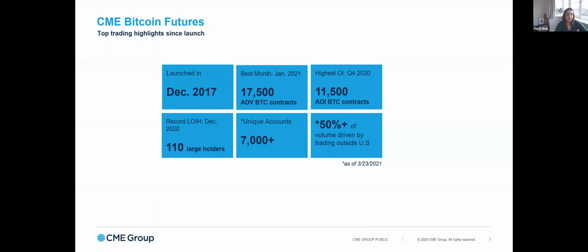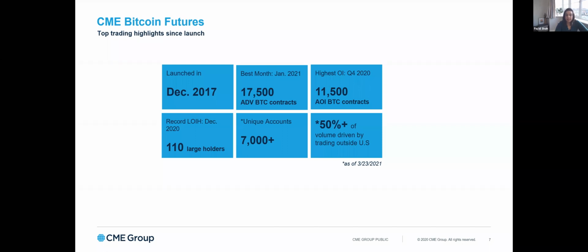So large open interest holders peaked at 110 such holders in December. And to put that into context, 25 Bitcoin futures is equivalent to 125 Bitcoin. So in today's money, those clients are holding at least $7.2 million of notional Bitcoin equivalent. Now that's huge. Also, what we're seeing is the number of unique accounts that have traded our Bitcoin futures grow steadily. And we're currently over 7,000